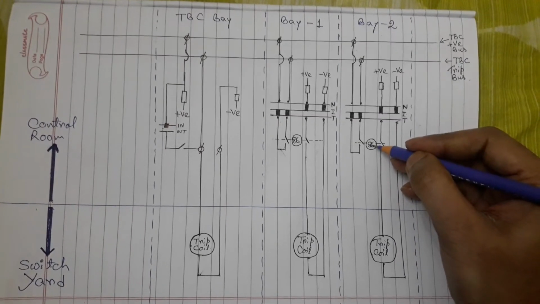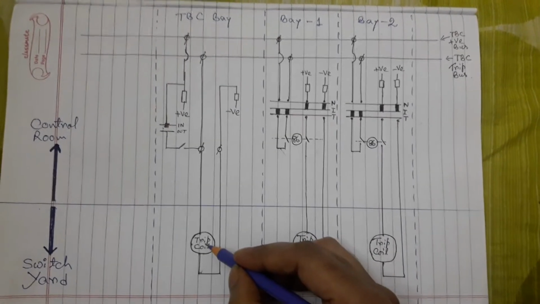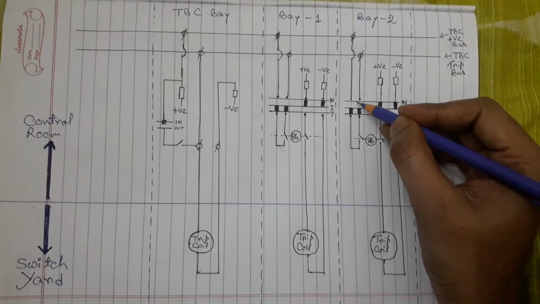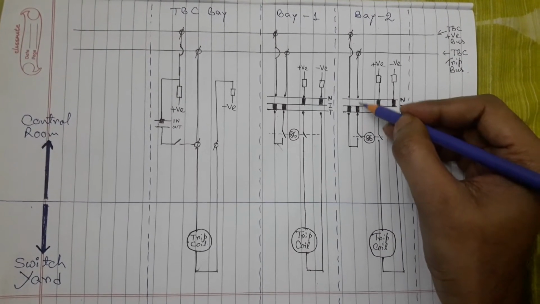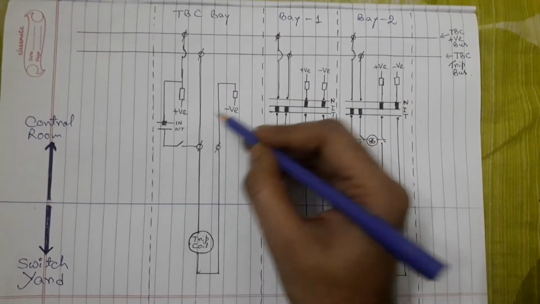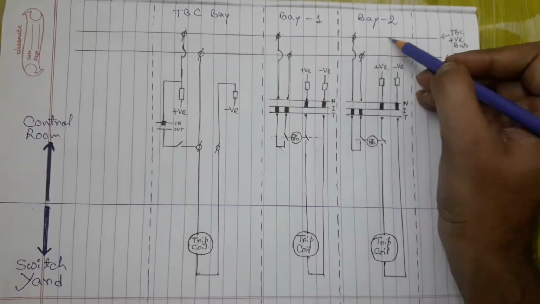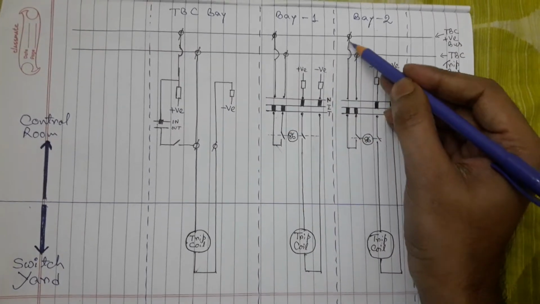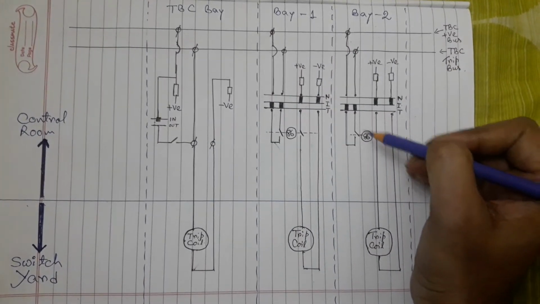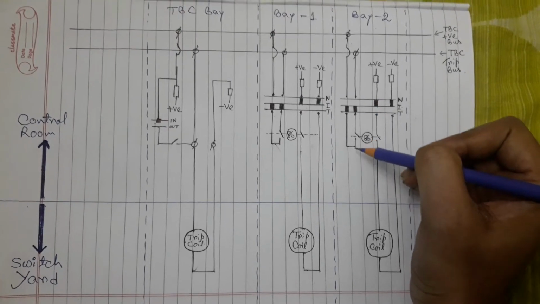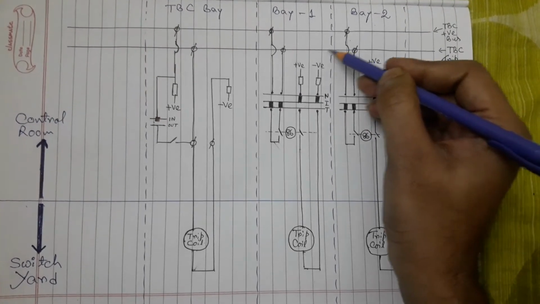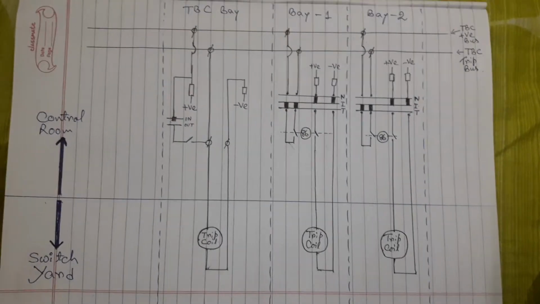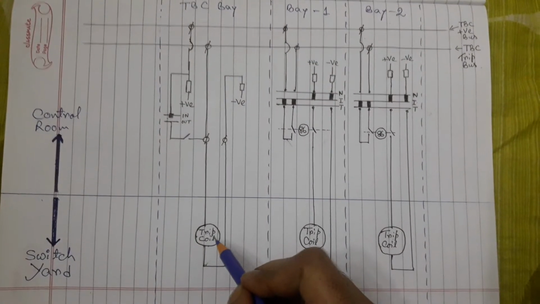But for the operation of this 86, this other one will never operate, because as the switch is in normal condition, there is no continuity. So in spite of the presence of positive of this bay, as this path is discontinued, this voltage cannot go to this trip coil. So this trip coil will not operate.